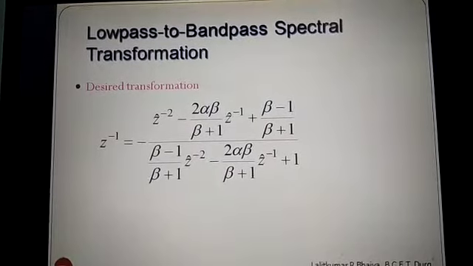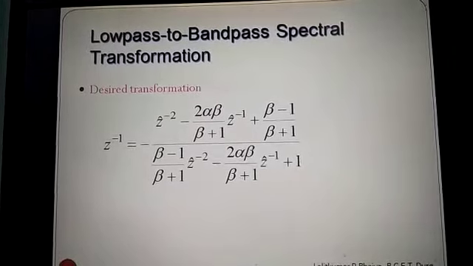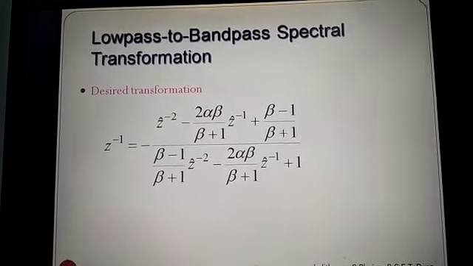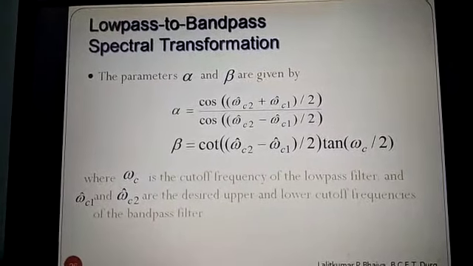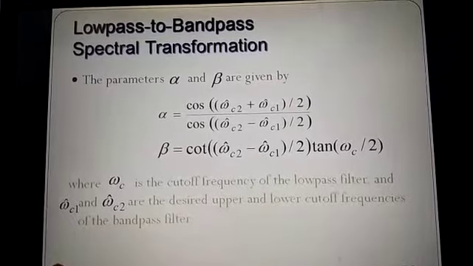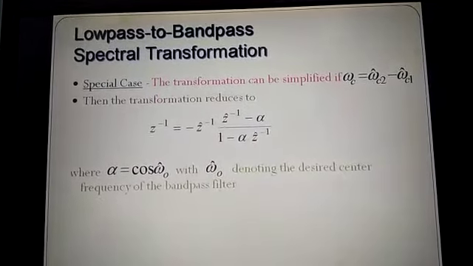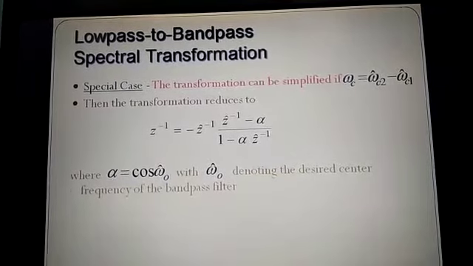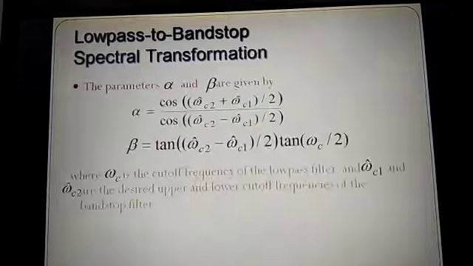In this case, we have to learn only the design procedure of the bilinear transformation, of which we have already seen the formula. Similarly, we have to go for the impulse invariance method and other methods, that is the forward differentiation and backward differentiation methods. Low pass to band pass spectrum, low pass to band stop, these are all spectrum. So this is all about the